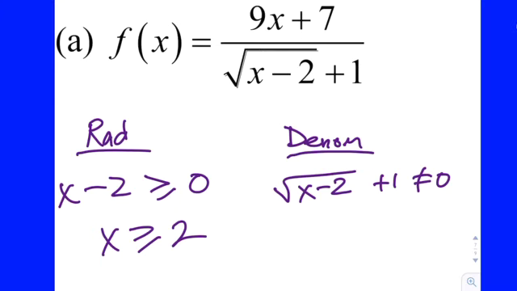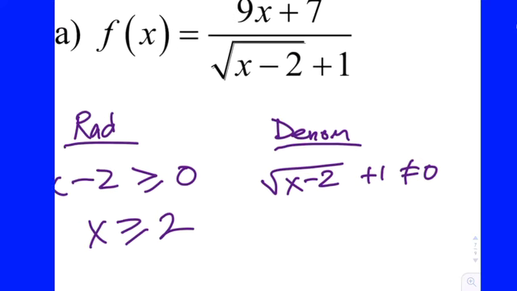Now in this case, it's not going to be wise to square both sides just yet, right? If it was just a radical, we would square both sides. That's what we've been doing. But if I tried to square both sides, I'm going to have to FOIL this out because it's 2 terms, right? Square, multiply, double square. Gross. So if you learned in Algebra 2 how to solve radical equations, the first step is to isolate the